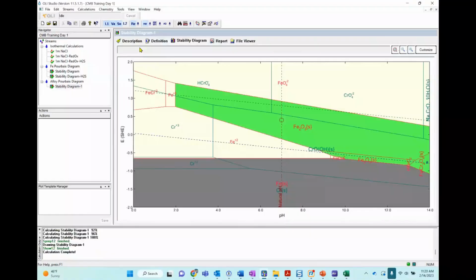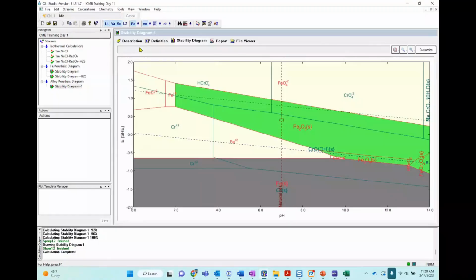Now what the software is doing here is superimposing two different Pourbaix diagrams in one. And it's easy for the person that is designing an alloy, or trying to understand why they are having protection or why they are seeing lower or higher corrosion rates, because you start seeing the effect of those two different alloying elements.